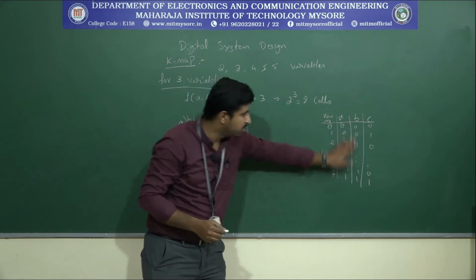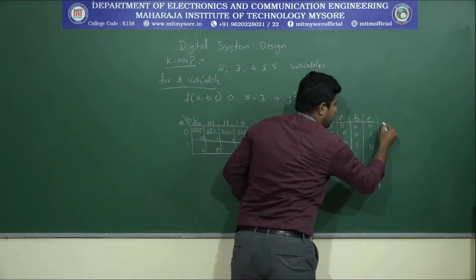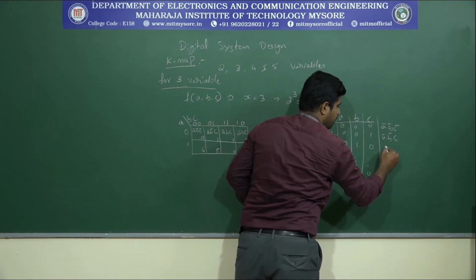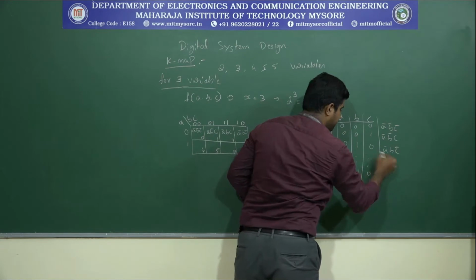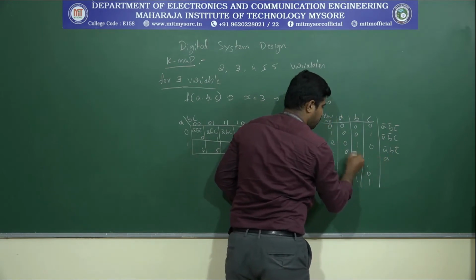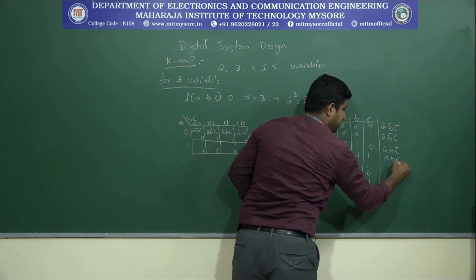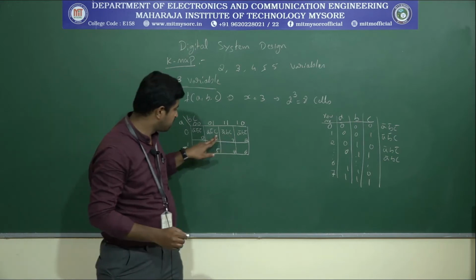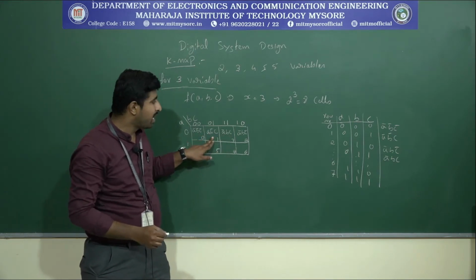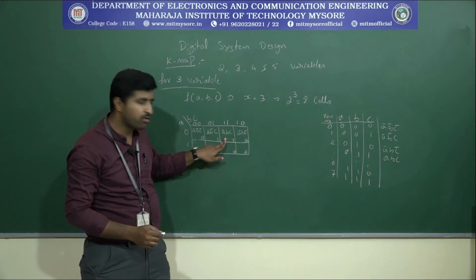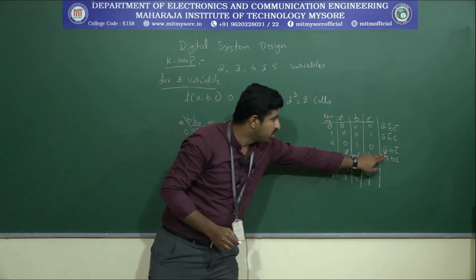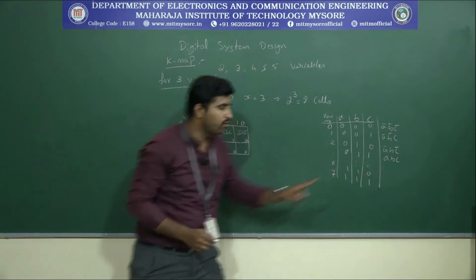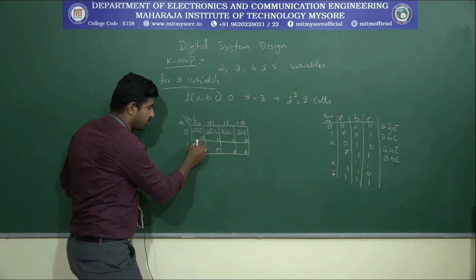So whatever the values we have, min terms correspond to this: A bar, B bar, C bar, A bar, B bar, C, A bar, B, C bar, and next A bar, B, C. This is the 0th row, first row, and second row we are going to write here, and the next we are going to write the third row value. That corresponds here: A bar, B, C bar we will write here, and A bar, B, C will be right here. Similarly here also, the other values.